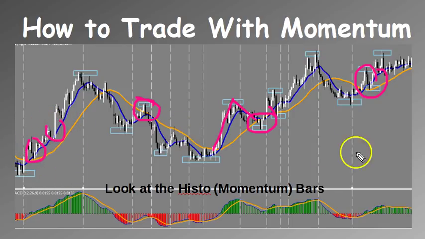So after areas of pullbacks, look for clues of momentum, whether they be candlesticks or tests of the moving averages. Remember that these are all the decision areas where something will happen, where momentum will usually accelerate, and that is super important, guys. Okay. Another way to trade with momentum is to watch for momentum and direction after a moving